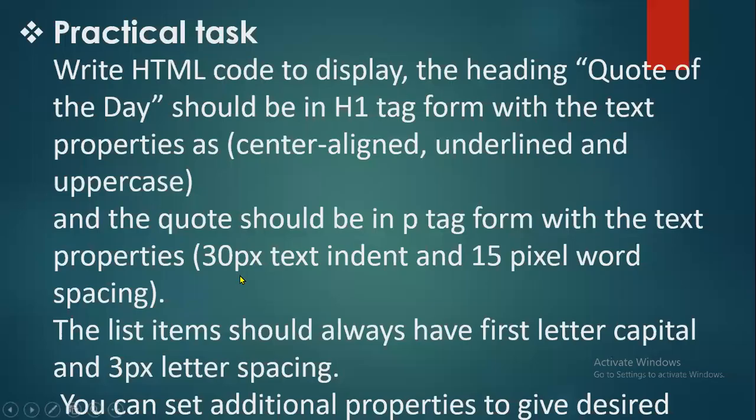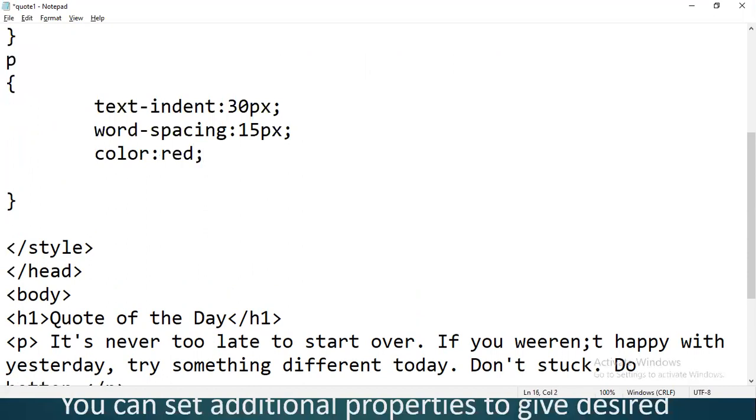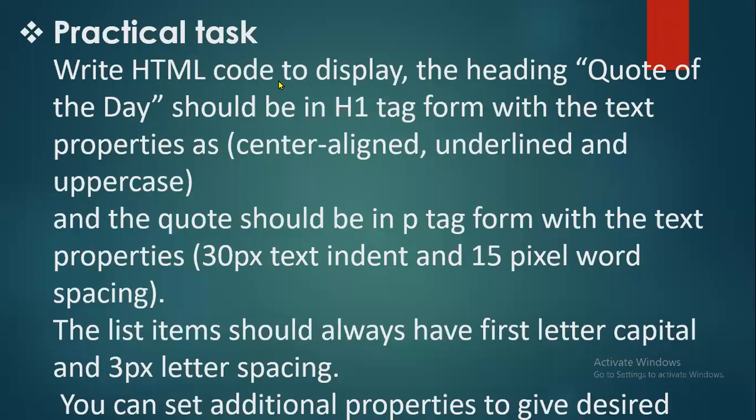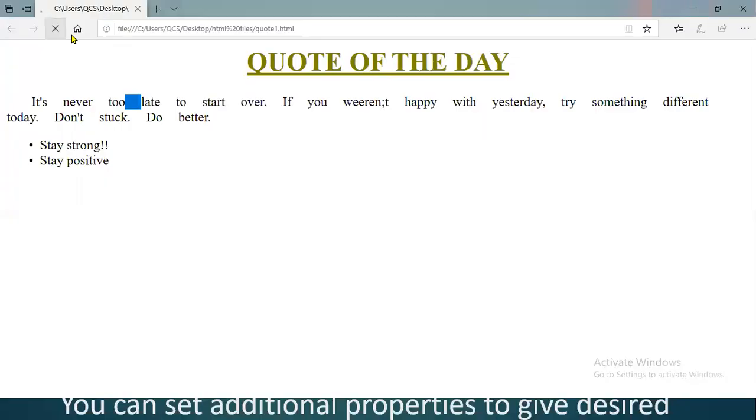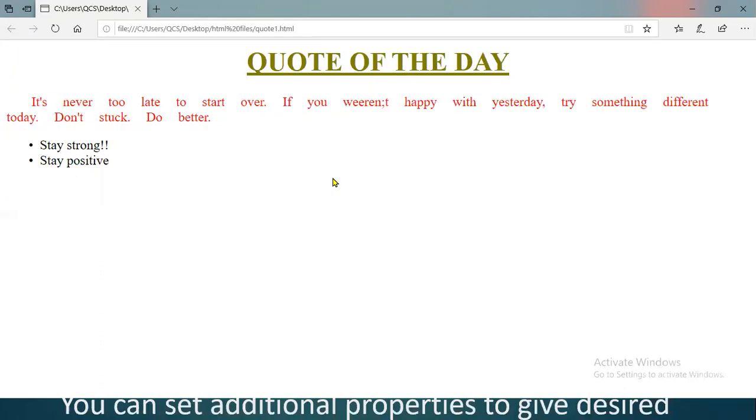If you wanted to give another property, you can also give the same. For example, we wanted to set the color of the text as red, the font color. Then you can also set the font size if you want. So we have changed the color as well.